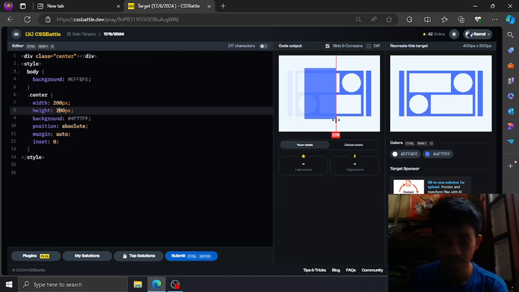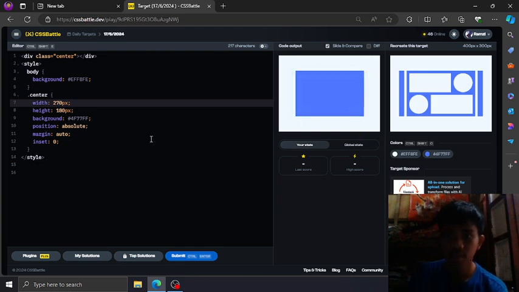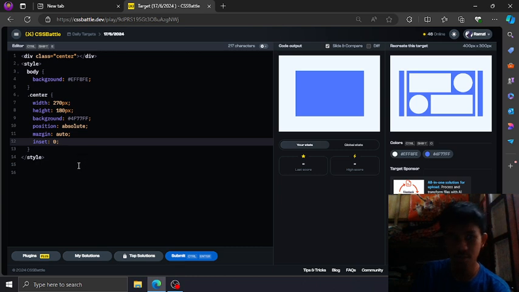Okay, let's put the cursor there to tell the difference. Let's stretch the width like so. Okay, maybe 70. Okay, that's cool.